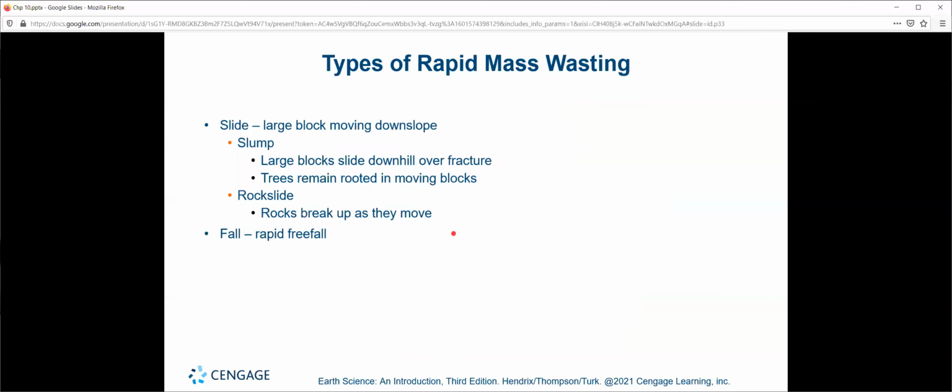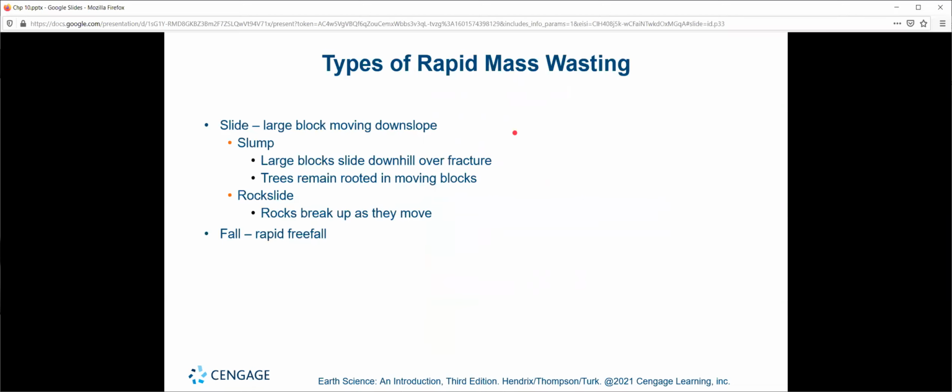Right? Slide. What is slide? Well, it's exactly what it sounds like, large blocks moving downward. You can have slumps, which are shown here, which is large blocks of sediment and soil and ground rock and source material all moving as one large component. You have rock slides where instead of moving as one large component, they separate. And again, these images show a good example of the difference between the two. Notice the slump rock has vegetation in it. The trees are essentially holding the material in place. The rock slide, no vegetation. The material can break off as it needs to.